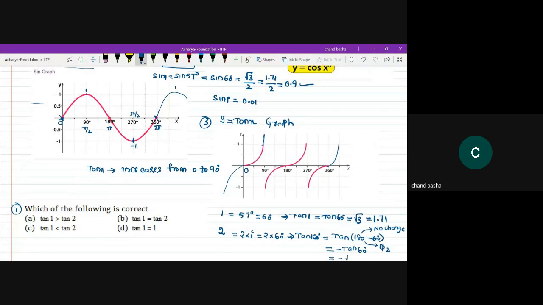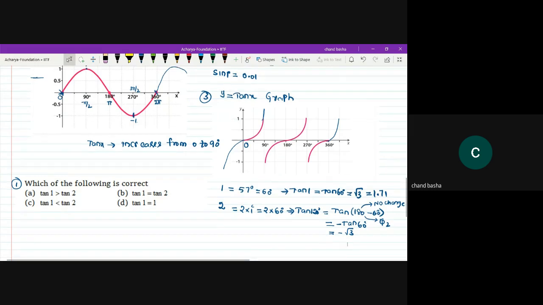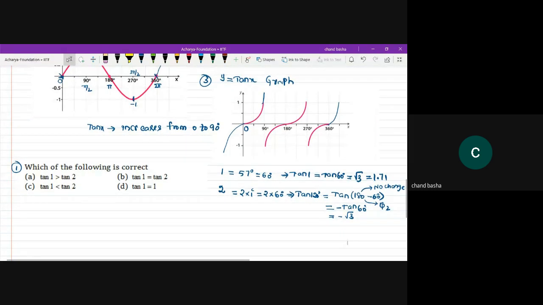Is it minus root 3 or not? Explain again. It is minus root 3. So tan 120 degrees is minus root 3, which means it is minus